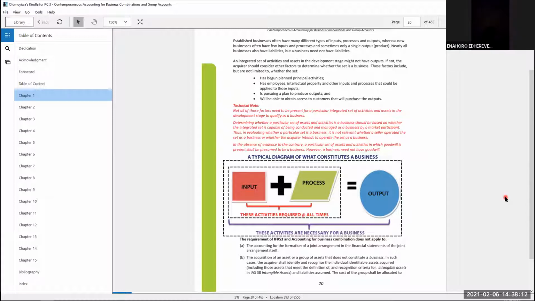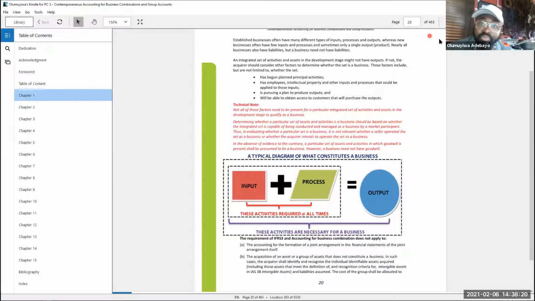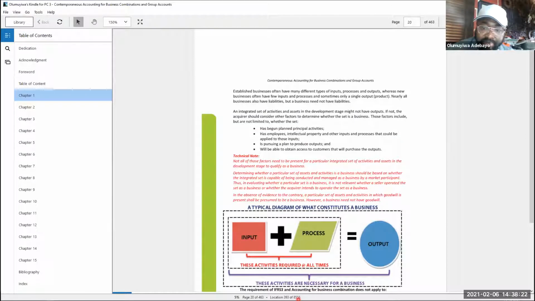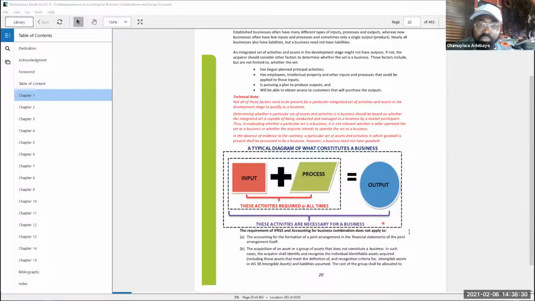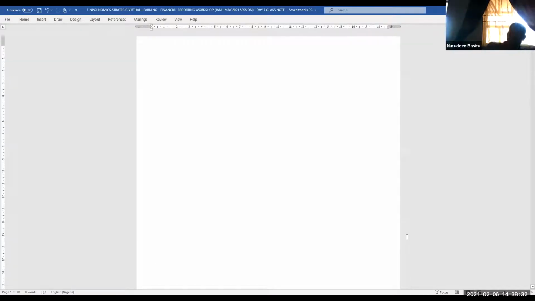Now, let's break it down one by one. The first thing we need to take note of. Let me share my screen. We'll pick it one by one. The first thing we need to take note of